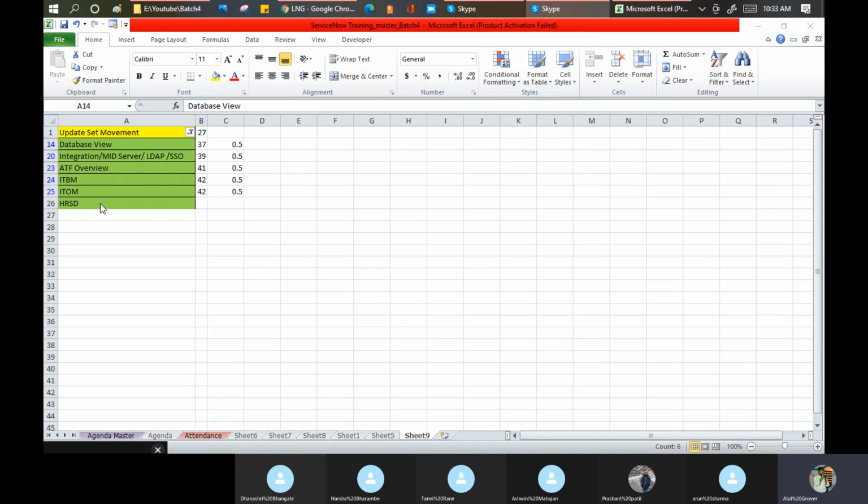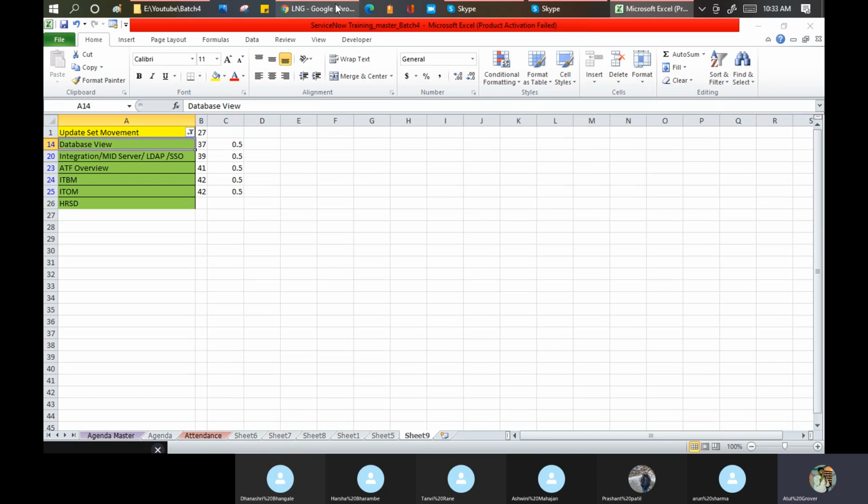So now I will start with the topic called the database view. In the first half, we'll try to cover these three topics majorly, and in the second half we'll cover these three topics. Let's see how much we can do. So what is the purpose of the database view? If you remember, during the report and dashboard part, we saw that I can create a report only on one table at a given point of time. Either you can create a report on the incident or the change.